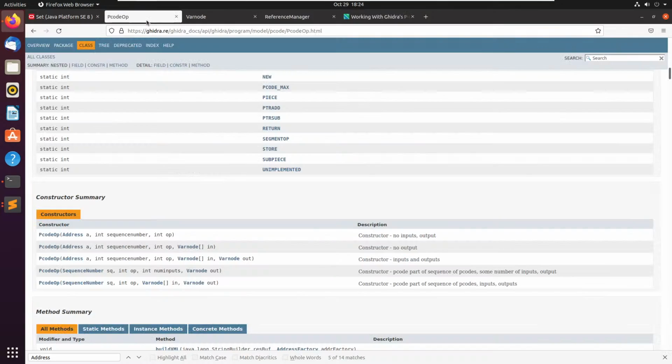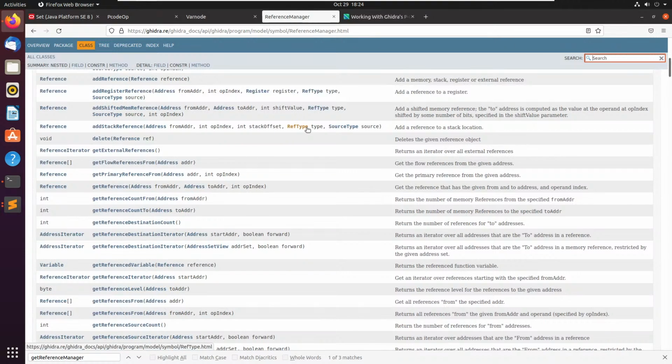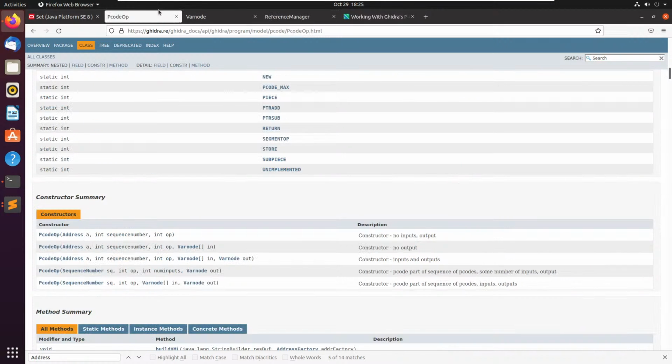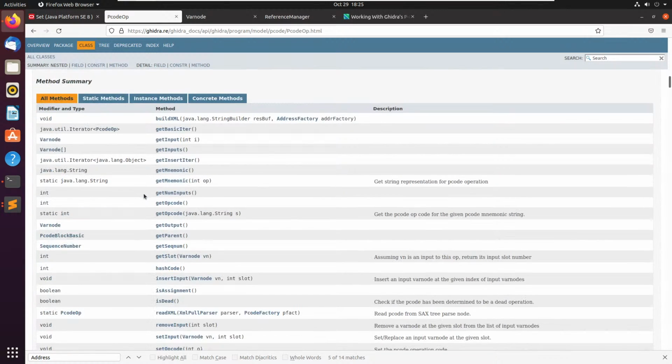Not seeing anything that will help. I just thought we might be able to iterate through all the references to a function and then get the P codes from that, but that will be really messy and really janky. I don't think that's a good way to do it. That's just one way that popped into my head. There has to be a